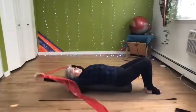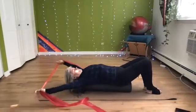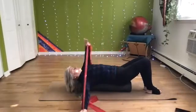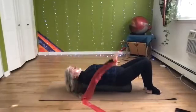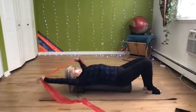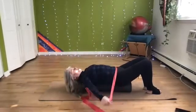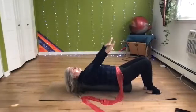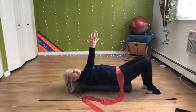Let's go the other way. Let the roller move. Let your body adjust to what your arms are doing. Whoa, almost fell off. And last time, good. All right. Now release the band, lift the arms to the ceiling, turn the hands towards each other,